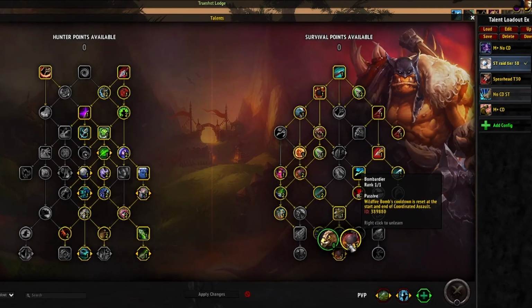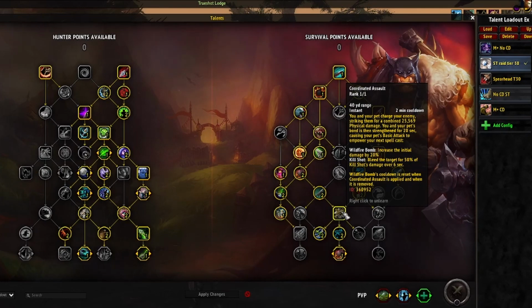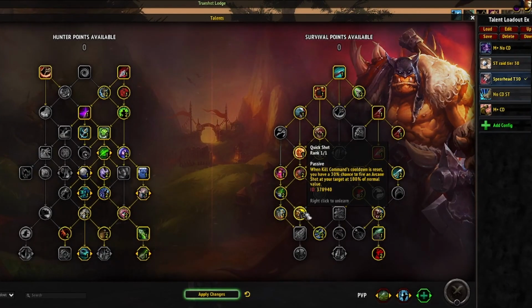Then we pick up Bombardier, where Wildfire Bombs are reset at the start and at the end of Coordinated Assault, so we want to be spamming bombs regardless. So the idea with Coordinated Assault is that you throw bombs to generate focus, and you use that focus on Kill Shot. The Spearhead version, we pick up Quick Shot, so that Kill Command's cooldown resets